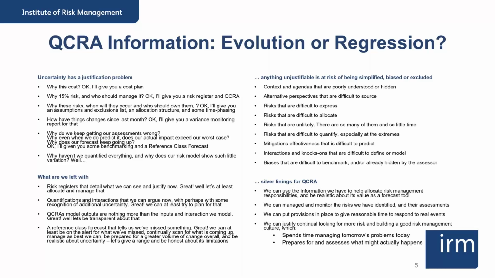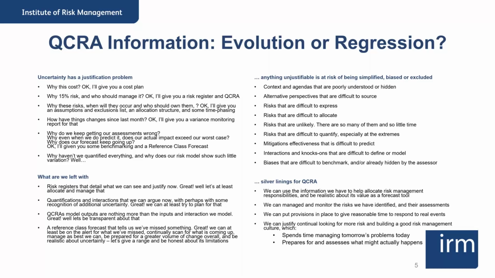And we know from the works of others on reference class forecasting, certainly from about 10 years ago, I started to see clients having an interest in looking at how a reference class forecast might work with the data that's there, and you can invest in a more custom reference class forecast. What it shows you is that we miss things, but what it does do is it says, we know we need to be on alert for what's missing. We know we need to recognize what's coming up and be ready to look for it. We know that the scale of change is often bigger than our QCRA might suggest. So let's get on and manage what we have.